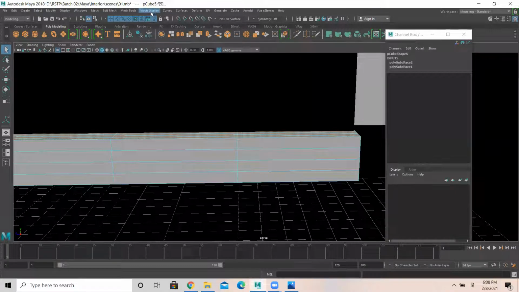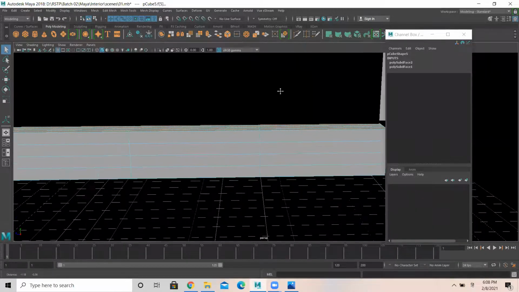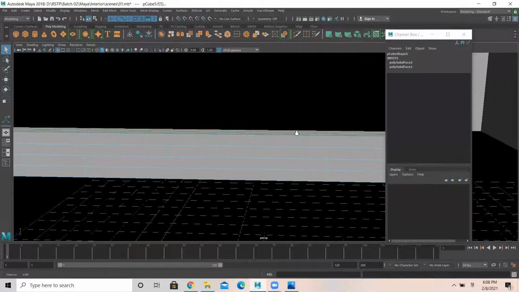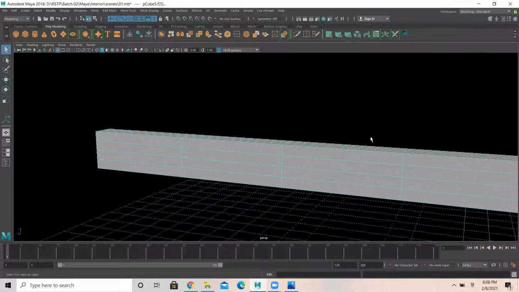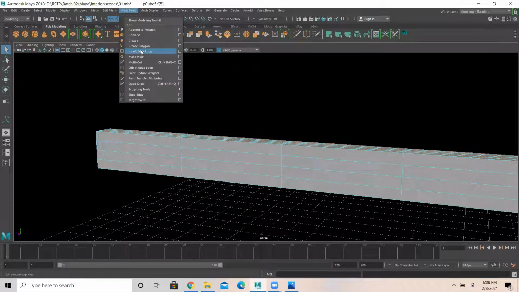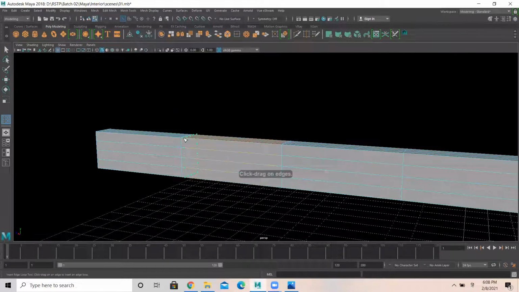Okay, then what I'll do is I'll insert edge loop here, one here, another here. I'll add here and here.